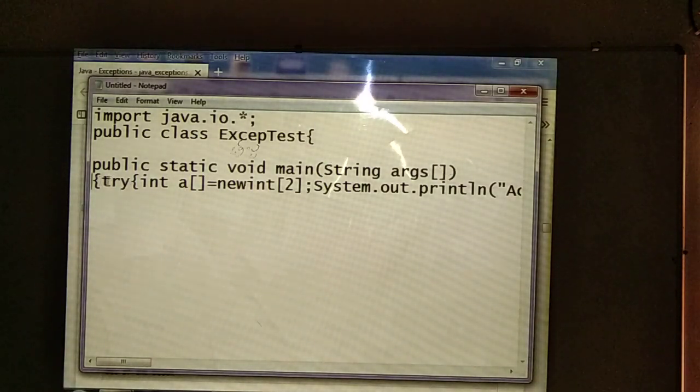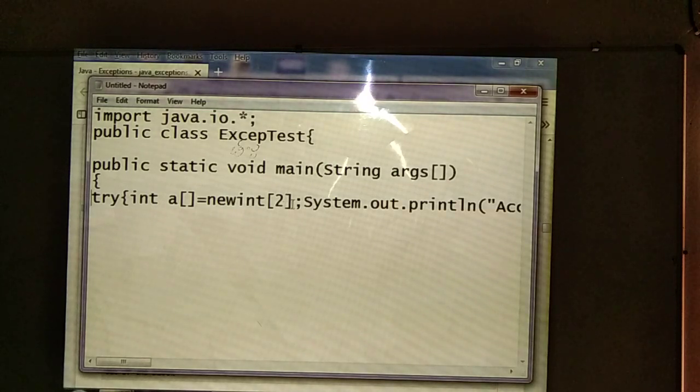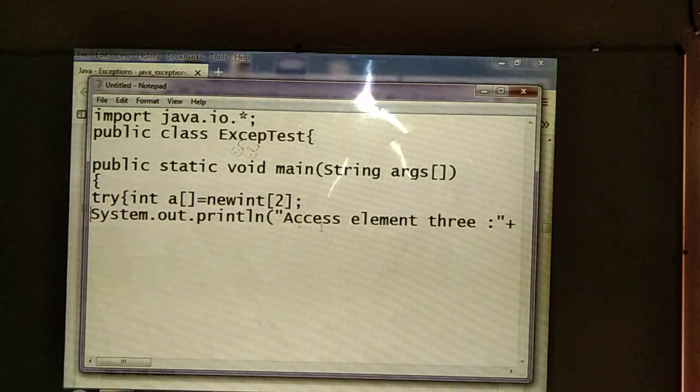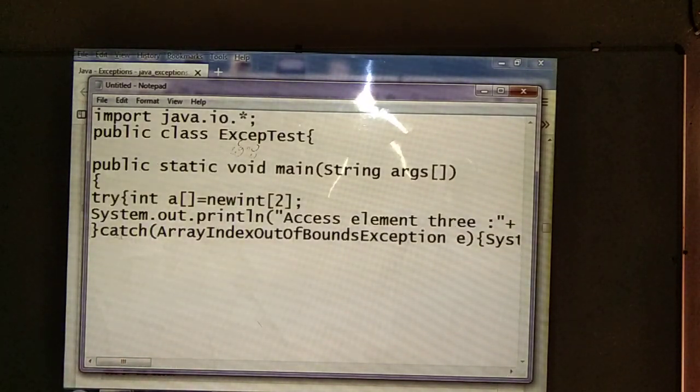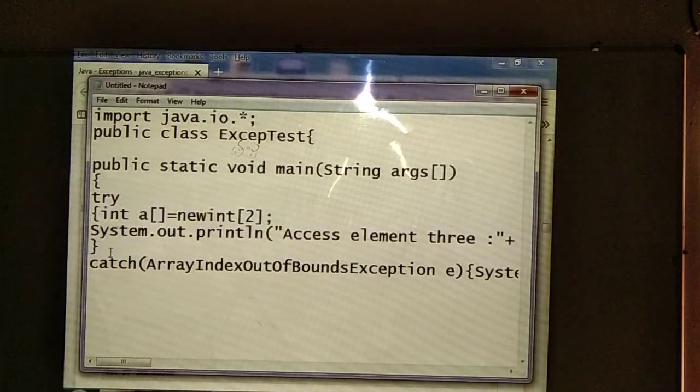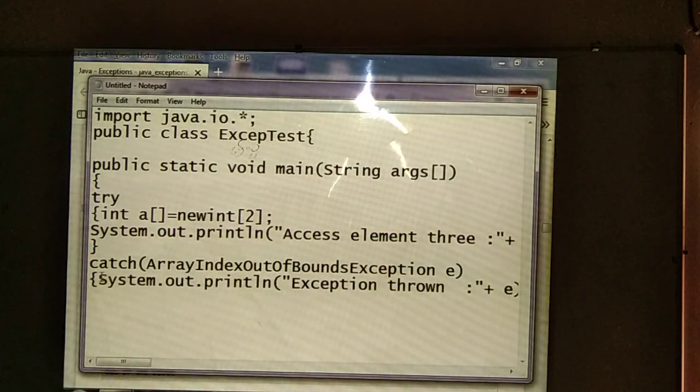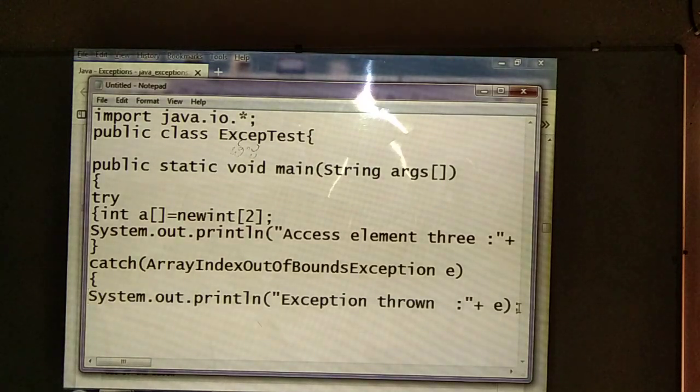Then in the main method we are declaring arrays, and System.out.println we are going to use. Here we have written the try block, catch block, then System.out.println.